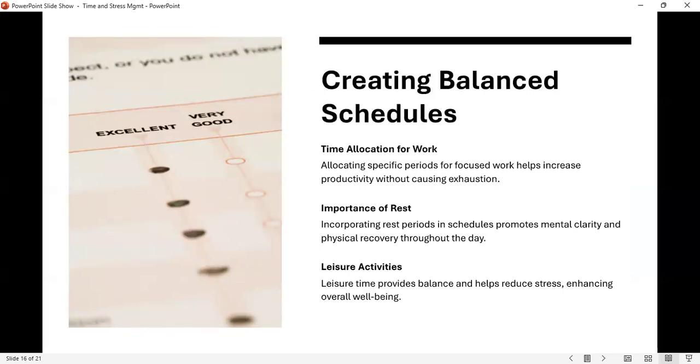Creating balanced schedules. And I kind of touched on this earlier a little bit, the time allocation for work. Make sure that is blocked out. You know when you need to work, so block that out. You already know that's a non-negotiable. Another thing